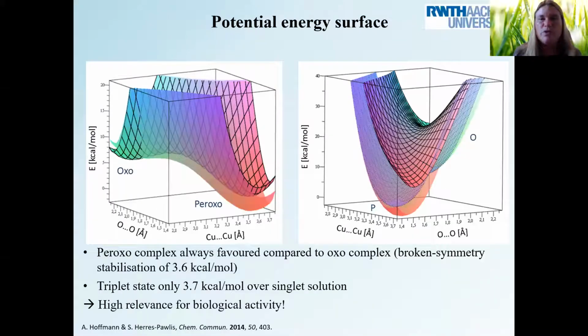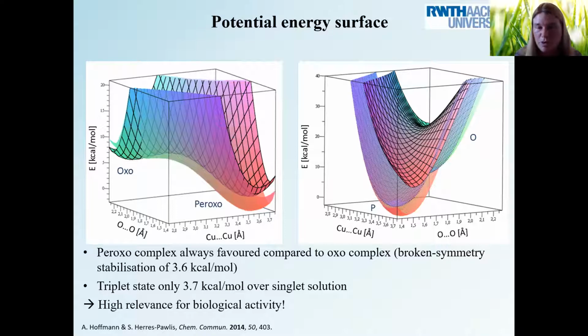Going a little bit further, we checked the spin situation of these systems, and we found that if we are varying, for example, the copper-copper distance and the oxygen-oxygen distance, we have a possibility to verify the hyperfine planes, how they are looking, for example, towards the normal oxo. So the oxo is shown here, and the peroxo is a little bit in gray-red here. And you see that the peroxo is stabilized considerably, and that there is a considerable broken symmetry stabilization on it,